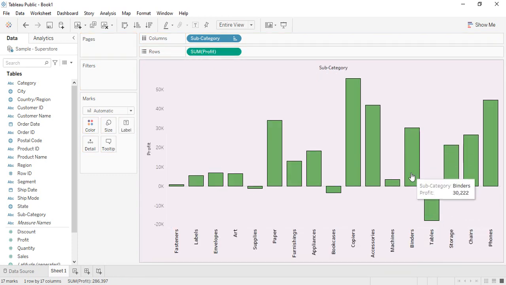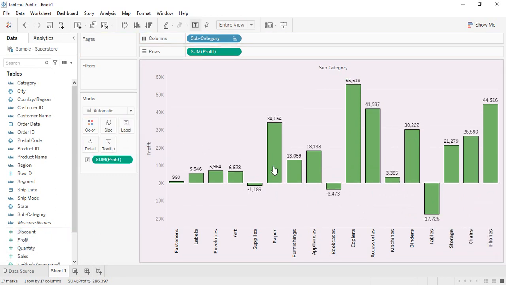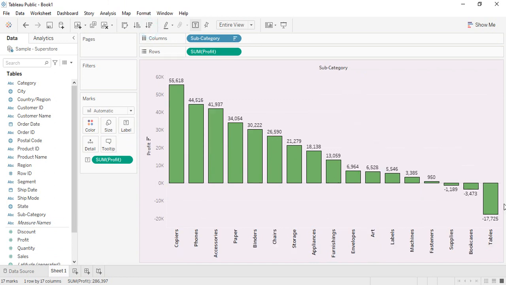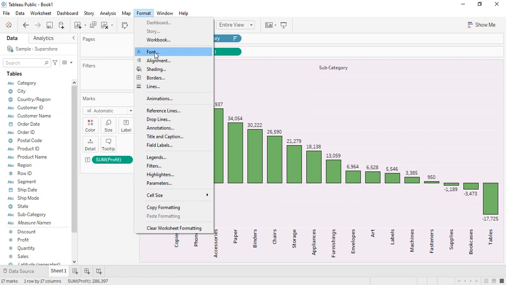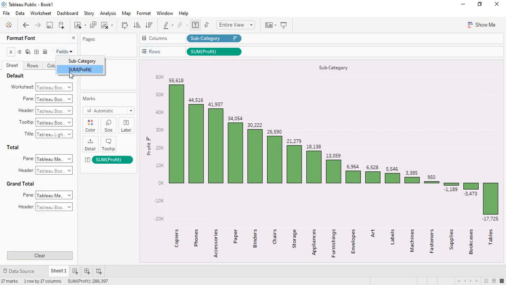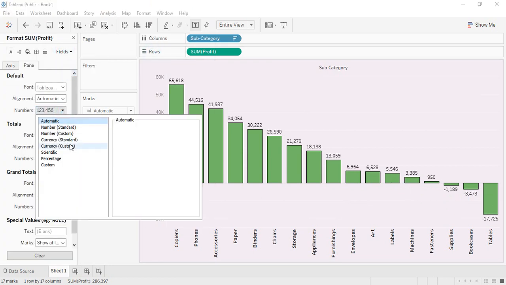You see some of the values are above the zero line. This is 0k. Some of them are above the zero line, while some are below them. Below means loss, negative values; above means profit, positive values. We can drag this profit into the labels as well, and arrange it in a particular order. Now if you go to the format tab and select the profit, and go to the numbers,